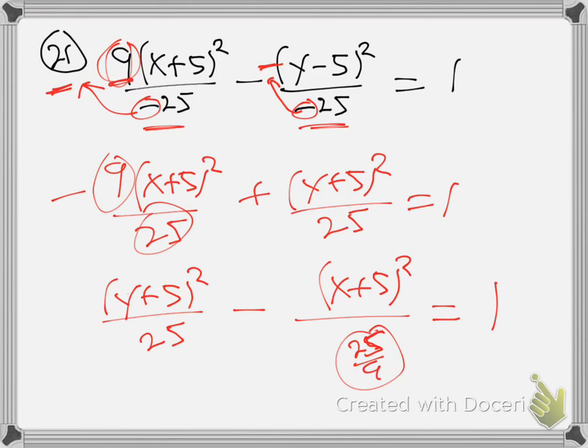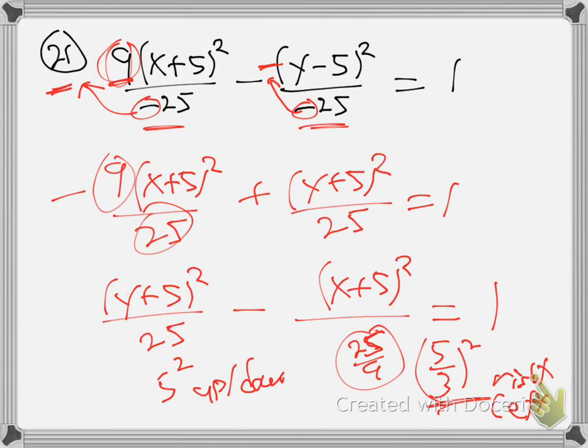Everybody see that trick? Am I losing you? Remember the high diver trick? Fraction in the bottom of fraction. You could always flip it up, and it would be 25 over 9, wouldn't it? It's the same thing. And now we can graph. What do I mean graph? Well, this is 5 squared. What is this? You might think, what is that? 5/3 squared. So we can. That's a distance. 5/3, 1 2/3. Right? That's what you need to do. You see that trick? So in other words, this graph will be right and left, 5/3, up, down, 5 from the center, which is -5, -5, and